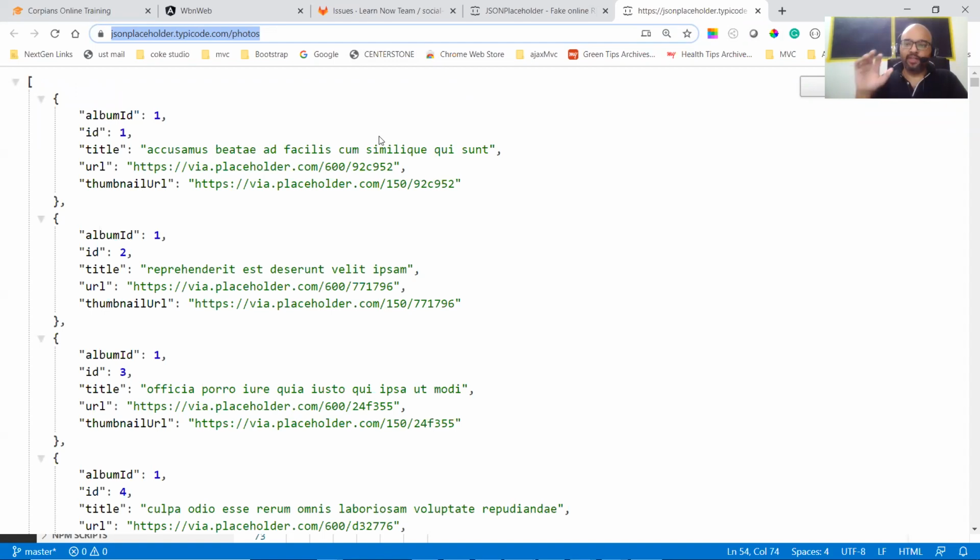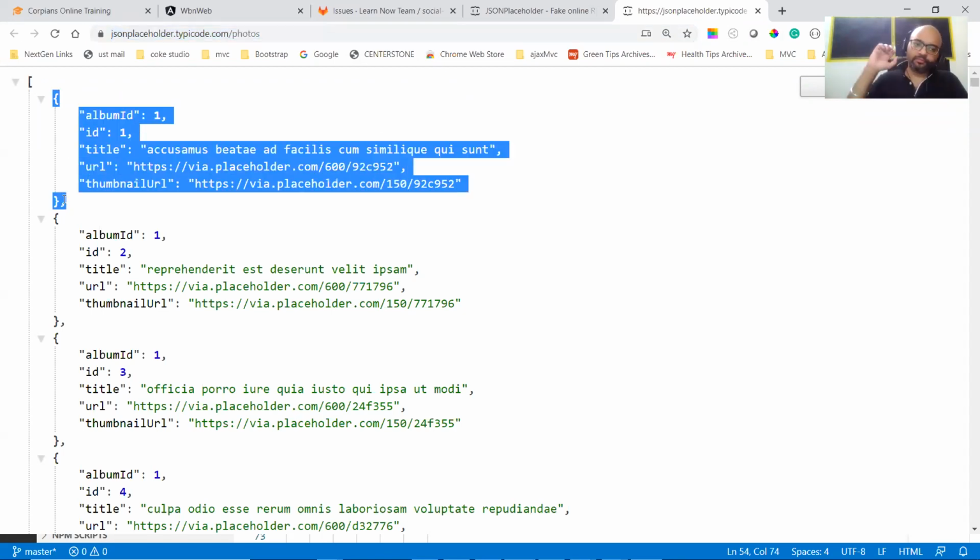For post method, we need to post an object. So it will save the data in the DB. Post method will take the object from you, let's say an object like this, post it in DB, save it in DB, and give you the response that the record has been inserted, or if there is some error, it will send you the result that data cannot be inserted. So post is for inserting the data in the DB.